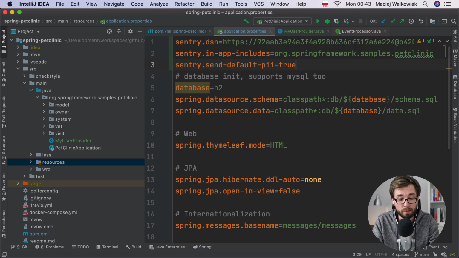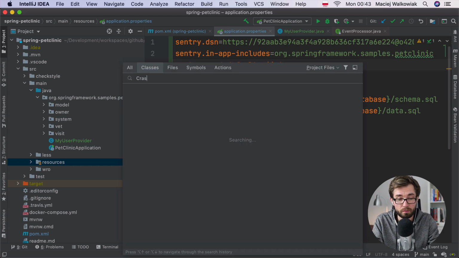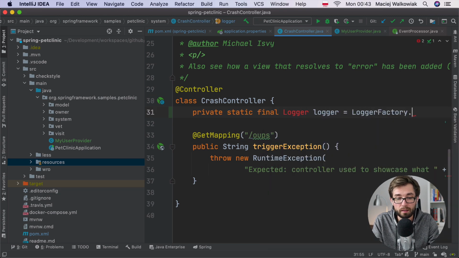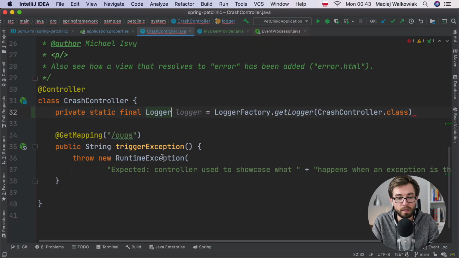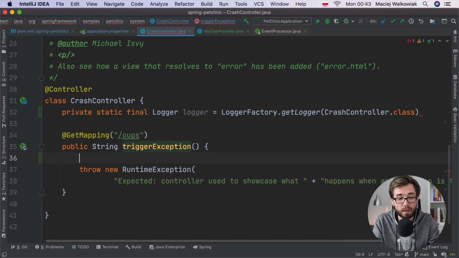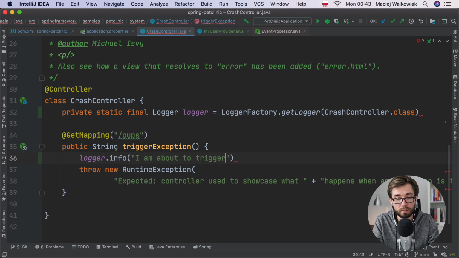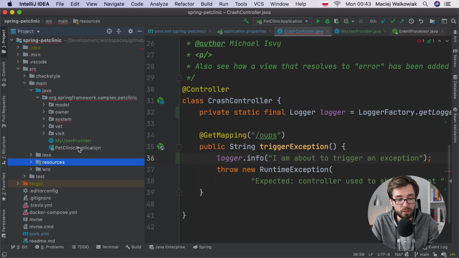So now let me go back to the crash controller, and we will add a logger here. And before this exception is thrown, I will just log something with an info level, like "I am about to trigger an exception." So now if we run the application and trigger this exception again,